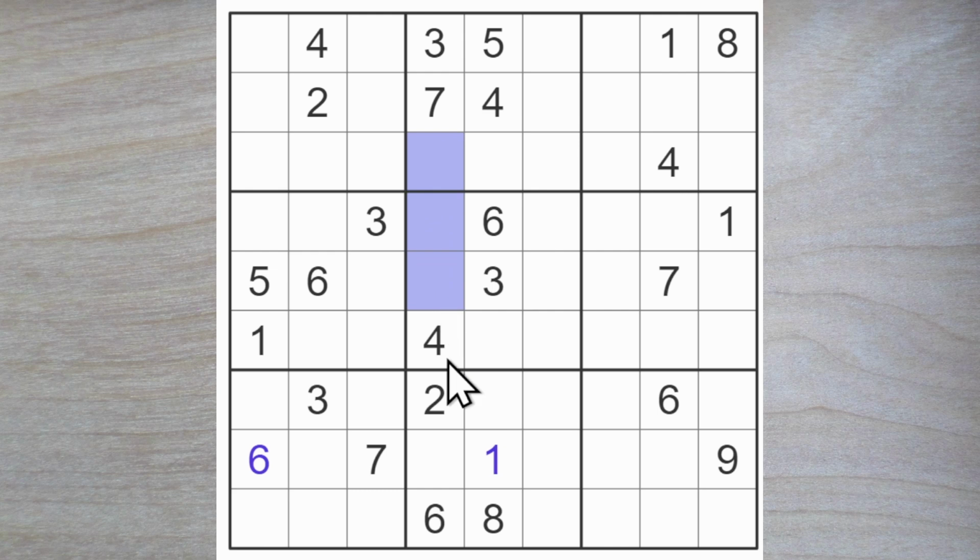Now let's have a look at these squares. They must be a 1, 5, 8, and a 9, mustn't they? And we have a 1, 8, and a 9 blocking this square, so this must be the 5. And a 1, 8, and a 9 here. So where to go from here? I'm not really sure. I see a lot of almost solutions, like a 3 goes here or here, and a